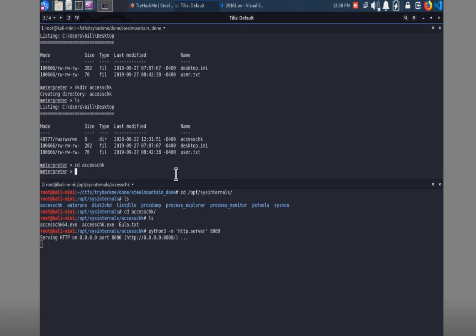Okay. And we still have Meterpreter, so we could download those technically from here, or we could run PowerShell to download the file. So I'll run upload, and then we'll just get those that way. We won't need this Python web server. If you did need to do PowerShell instead, you could use the PowerShell command to grab those files that way. So we're going to upload opt sysinternals